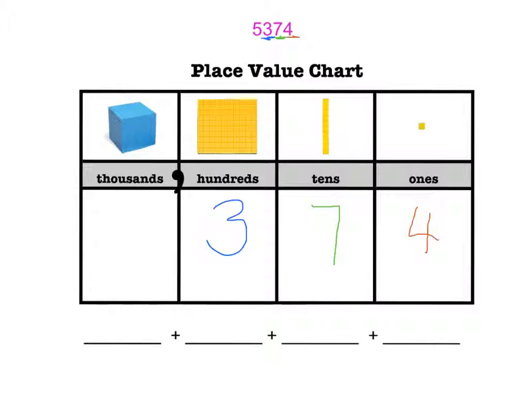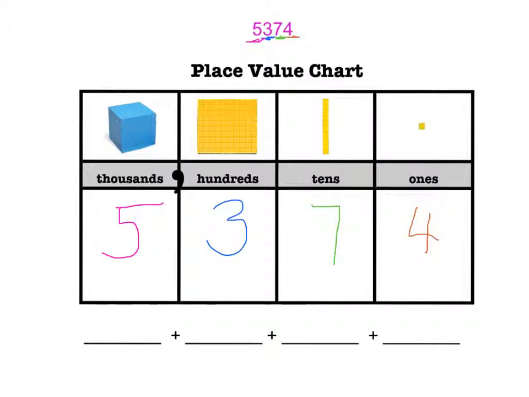That's right. We have 5 thousands in this number. So in a place value chart, this is what the number 5,374 looks like. We can also write this number in expanded form. In the place value chart, as we write it, we call it standard form. When we write the expanded form of the number, we write the value of each number in the place value